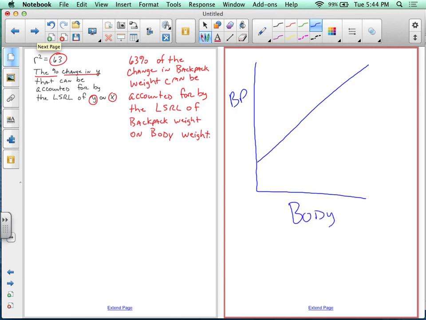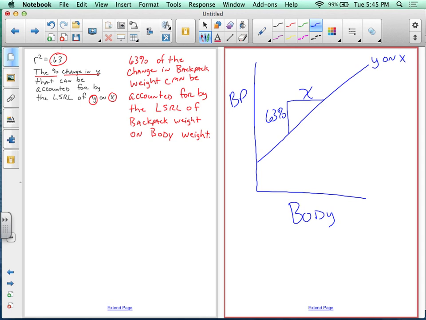Whenever we increase, so the change in Y, so this change here, 63% of the change in Y can be accounted for in the change of X. This is Y on X. So 63% of the change in backpack weight can be explained by the change in